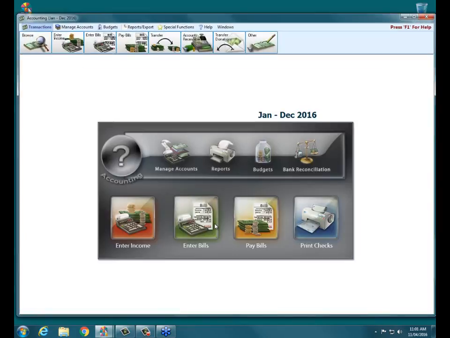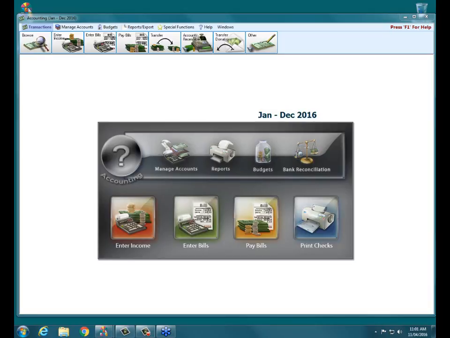No, we can go right into our accounting module here, and everyone should see the main accounting portal, but right down here at the bottom left, we will see the little calculator with the stack of money behind it called Enter Income, right here. So this is an income transaction that will allow us to record income to Church Windows from sources other than donations. Okay? You can certainly record it through donations if you wish, but it's unnecessary, and I'm going to show a further demonstration of how and why that could be helpful for you for reporting purposes later here.